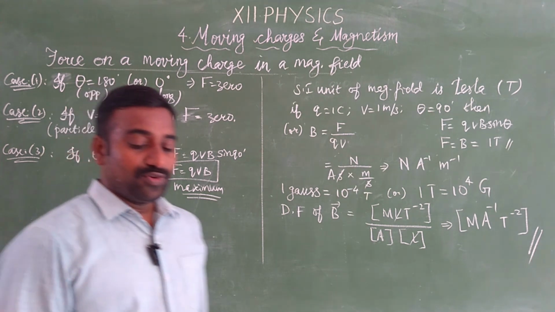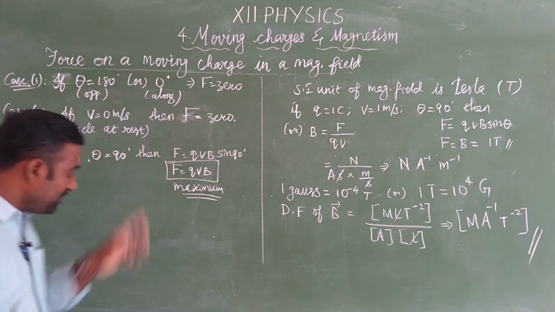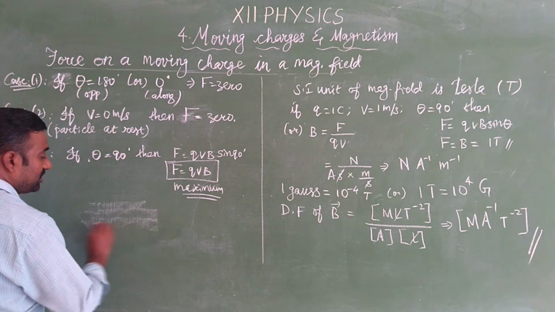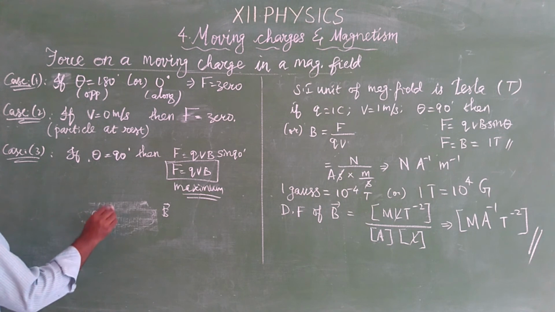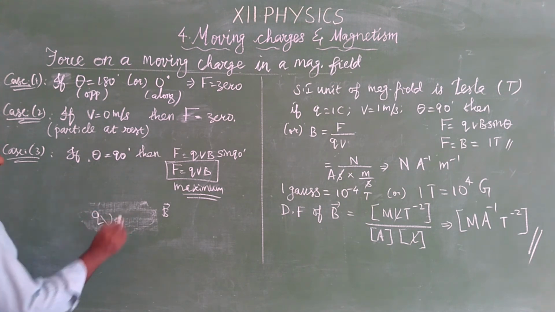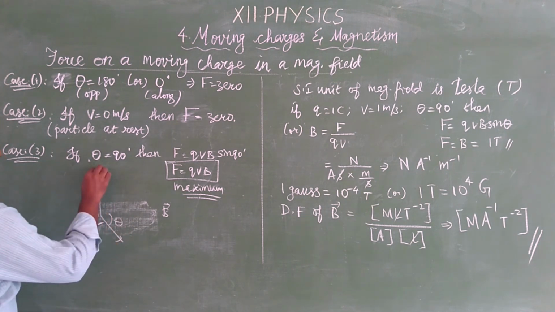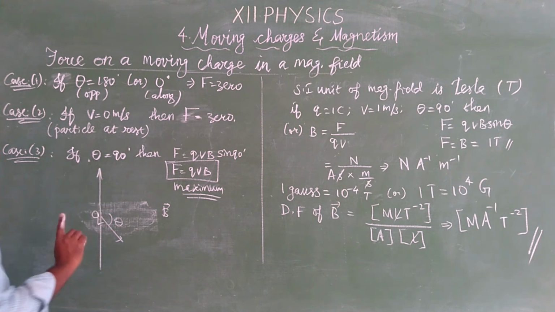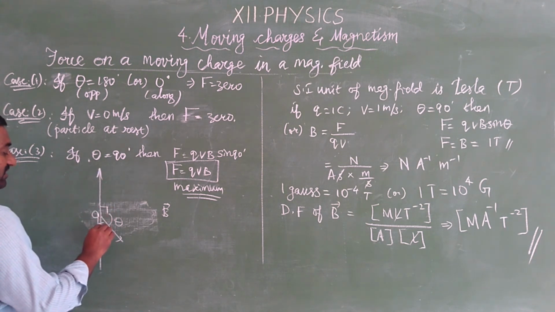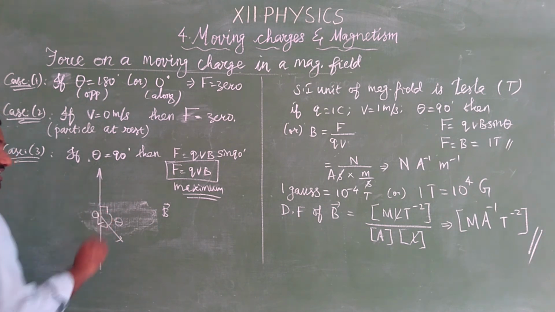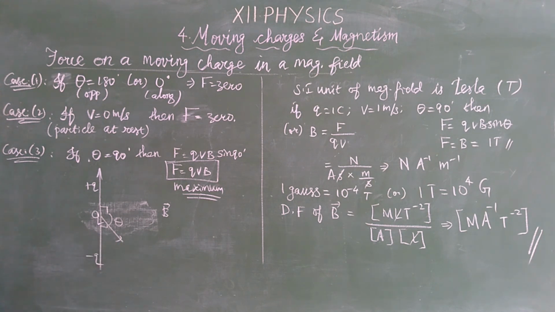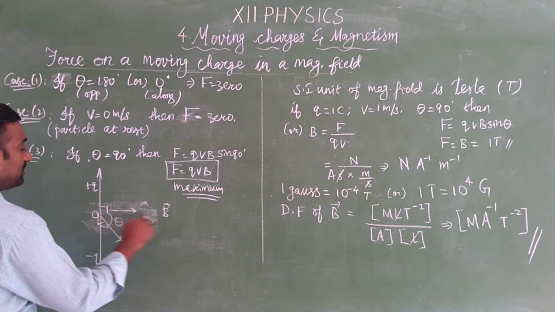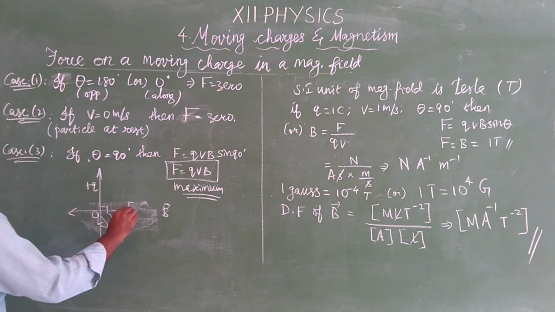Okay, I repeat once again. So we have a uniform magnetic field. In an external uniform magnetic field, when you introduce a charged particle Q with some velocity making an angle theta, it experiences a maximum force either upwards or downwards only if the angle between the magnetic field and particle velocity is a right angle. For a positive charge, it experiences an upward force, and a negative charge experiences a downward force. Suppose there is no angle: if the particle velocity is along the magnetic field or opposite to the magnetic field, force is 0.